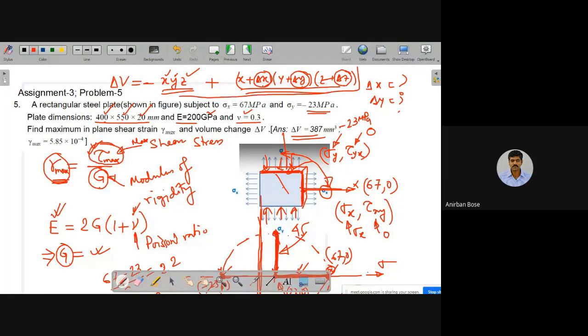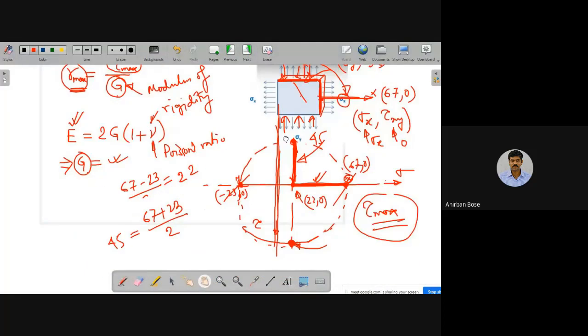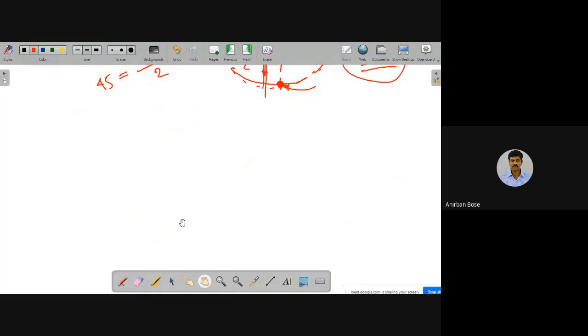Okay. So how can you find out this change in x, y, and z? For that, you can simply write what is epsilon x. Epsilon x is the change of length along x direction divided by x, right? So x is a known quantity. If you somehow find out what is epsilon x, you will be able to find out delta x. As simple as that. So how can you find out delta x? That will be x into epsilon x. So now the question is, how can you find out epsilon x?